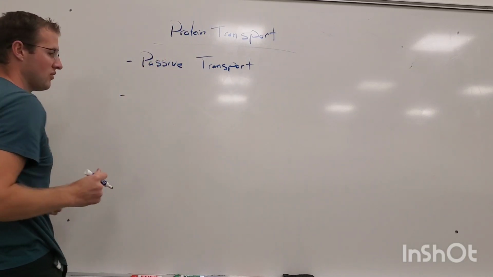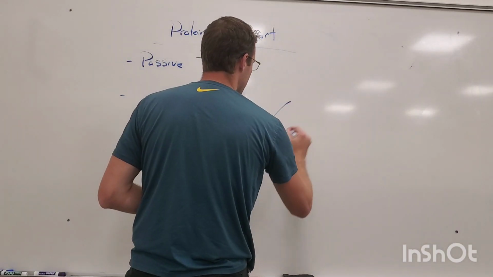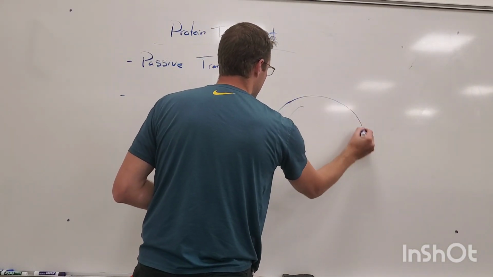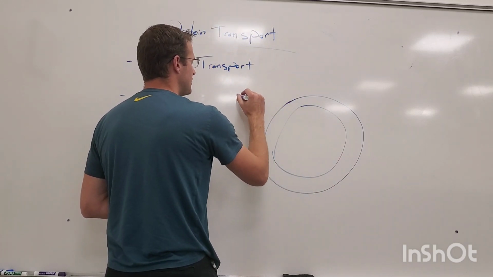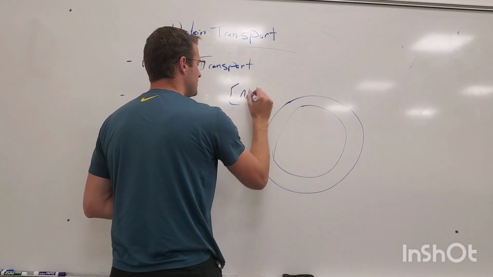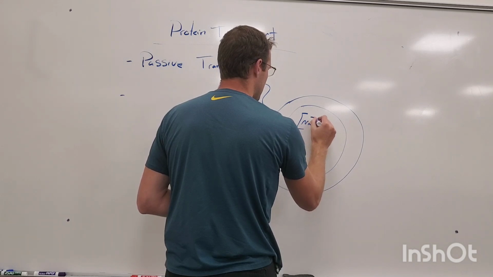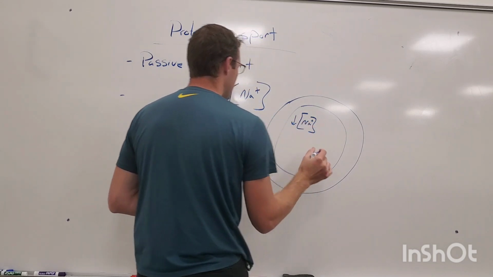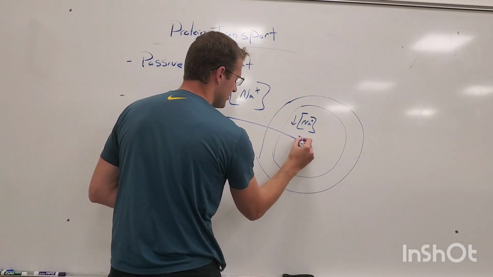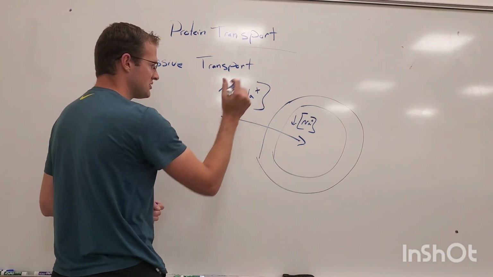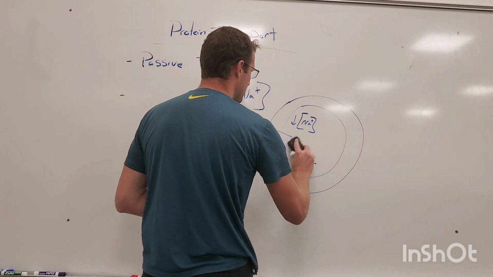So passive transport follows the concentration gradient. So if, once again, we have our cell over here, and we have a large concentration of sodium out here and a small concentration of sodium in here, the concentration gradient would be from outside to inside. So sodium would want to go through here, but because it has a charge, because it's polar, it's not able to go into the cell without use of a